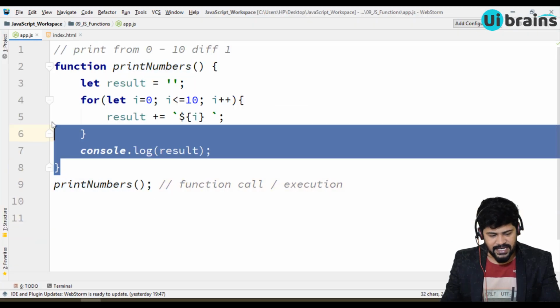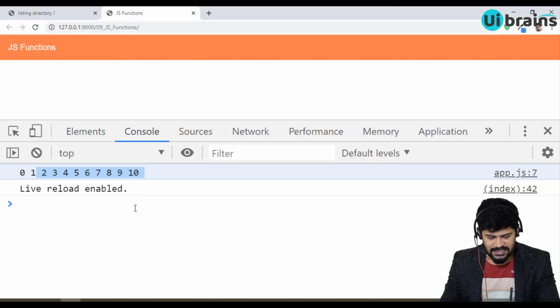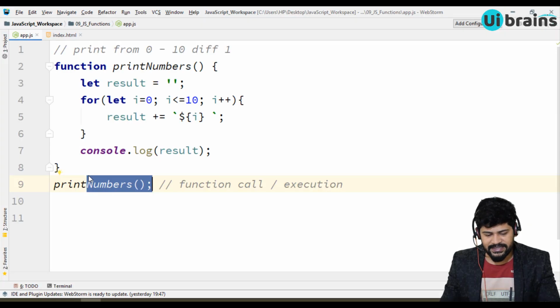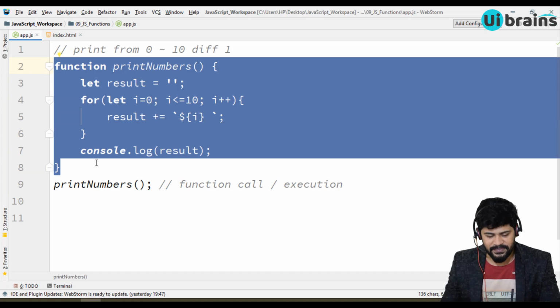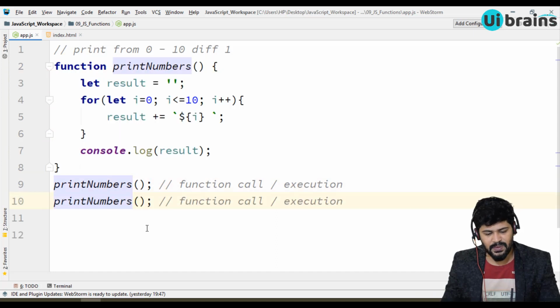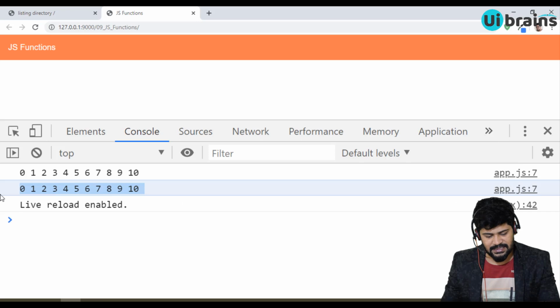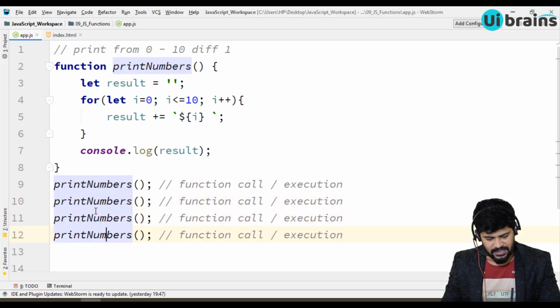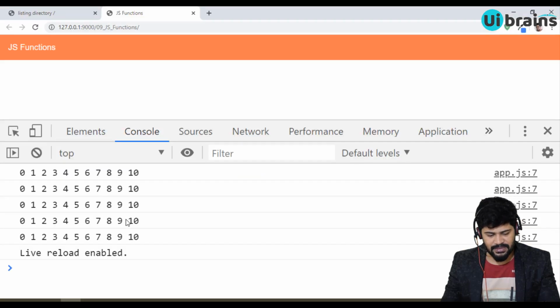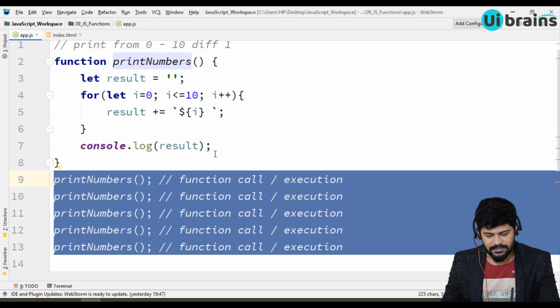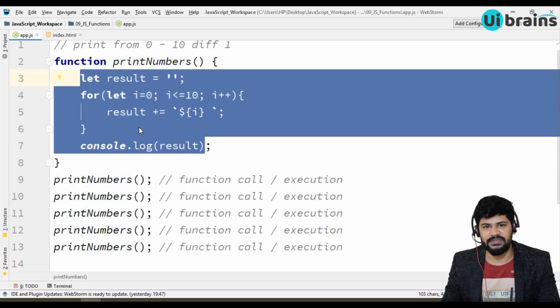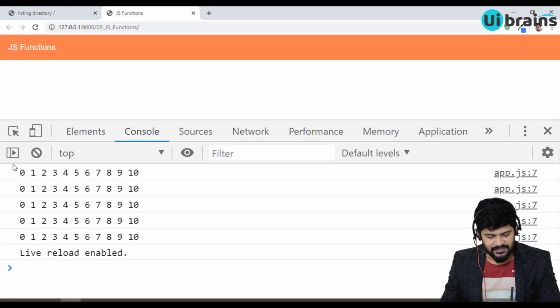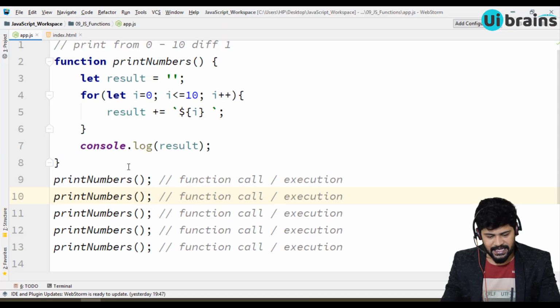Fine. So I write a function only once, I execute it once, looks good. But I want to execute the same logic one more time. What you can do is just execute it one more time. You get a result one more time, like this. So how many times you call a function, that many times your logic is going to be executed. And see here, this many times I got an output, but still I wrote only one copy of the function. So this is the concept of reusability with functions.